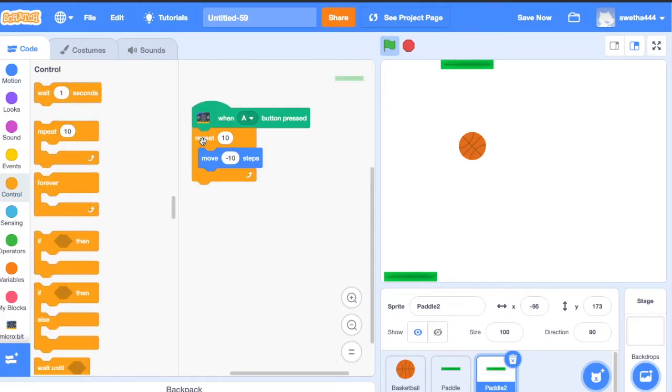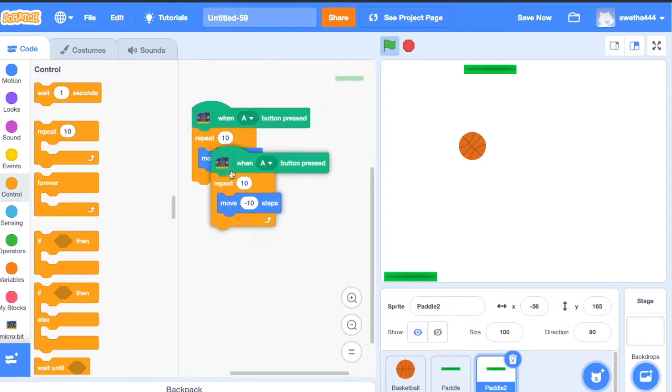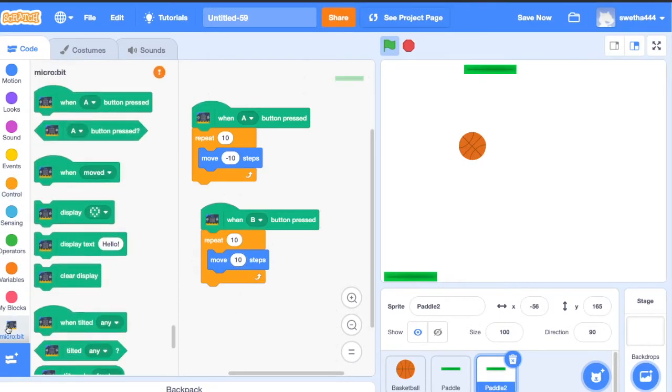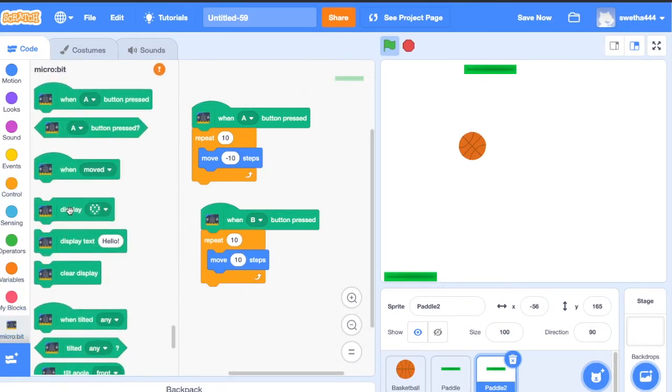Let's repeat it for 10 more times. Okay, done. Now take the duplicate. When B button press, the paddle has to move 10 steps right side. Okay, to make it more clear, click on microbit. Here we have a block display. Drag display.